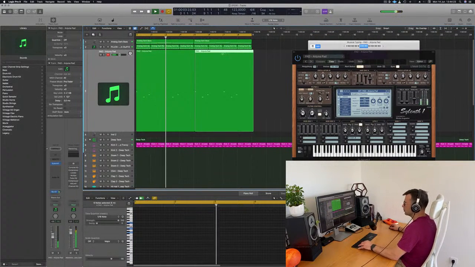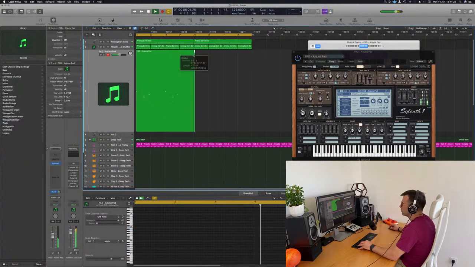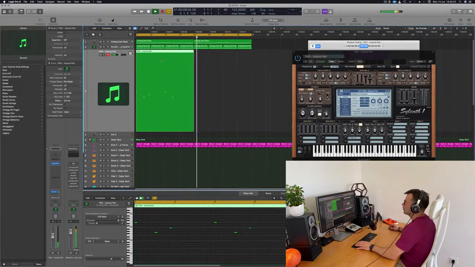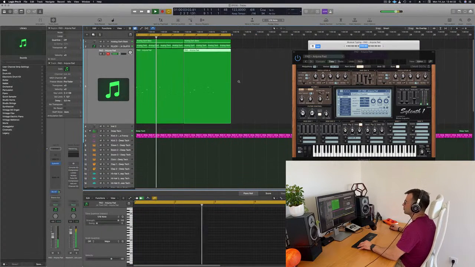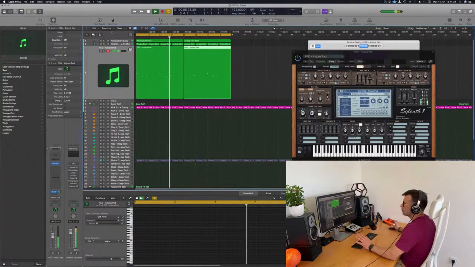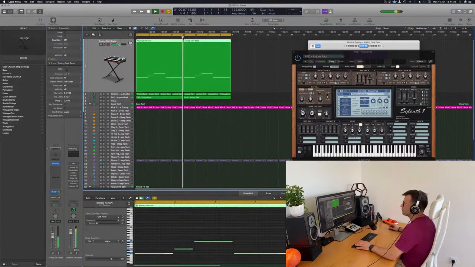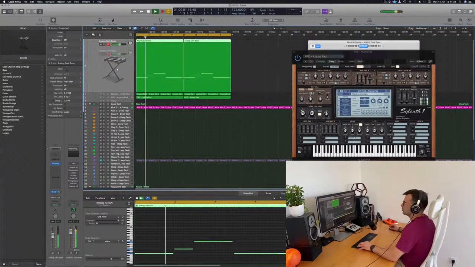There's a bit of a problem here with my MIDI. I think the bass is in the right place. I think this pad is cool too.